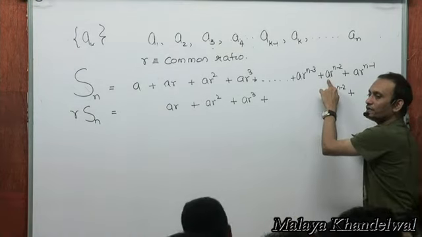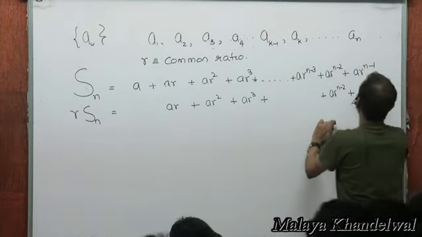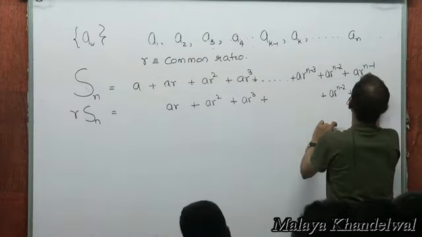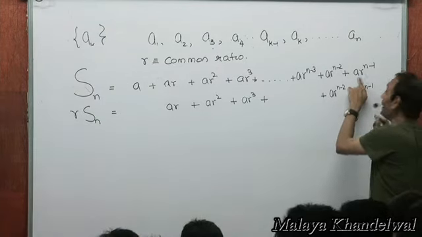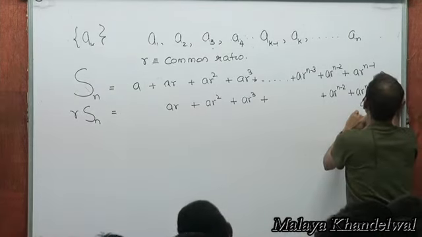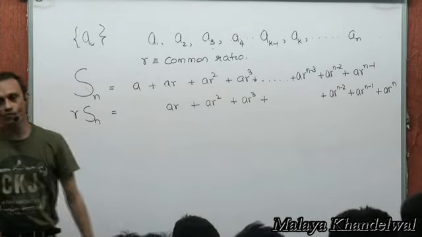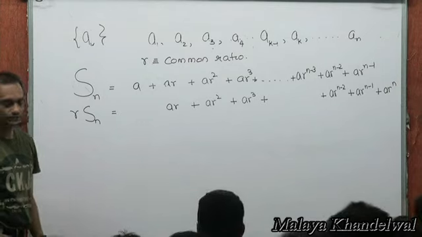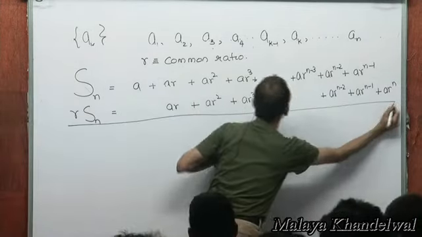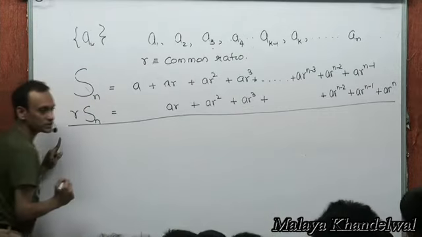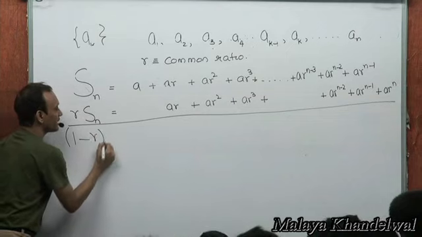This when multiplied with R will give me AR to power n minus 1 and will appear here. And this when multiplied with R will give me AR to power n and will appear here. Yes or no? Do you all understand this? Now I subtract this minus this. I get 1 minus R Sn